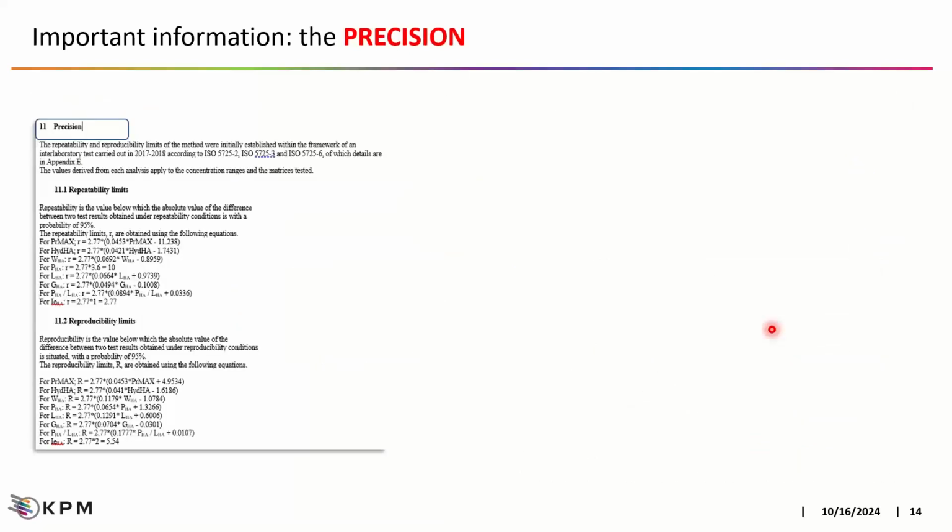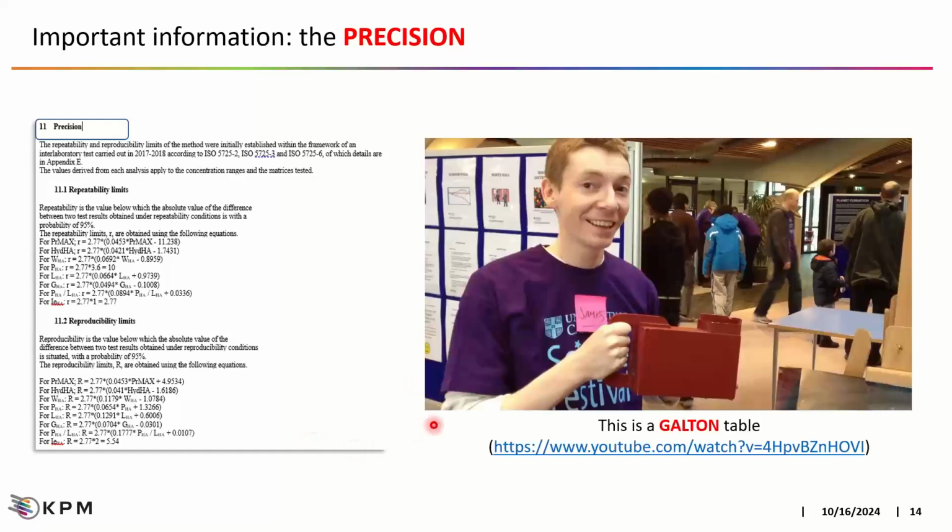Then last but not least, we have the precision. So precision is actually very important. It tells us how much the results can be dispersed, and that would be normal. There is always an associated dispersion for any type of method, even the simplest one. And this is actually very well